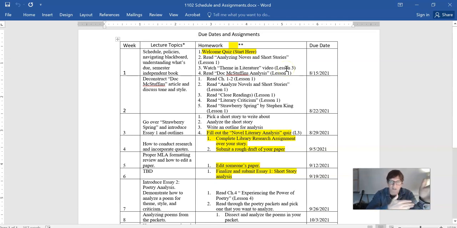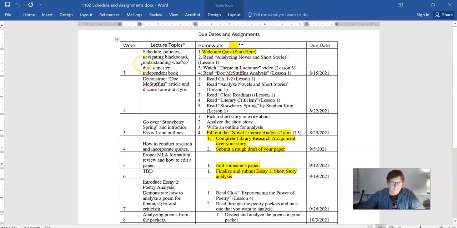If you find on the calendar a different date than what's on this sheet, ignore that calendar. Only pay attention to this sheet. If you find an assignment in the course that I forgot to delete, all right? If that assignment is not on this sheet, then ignore it. Only pay attention to what's on this sheet and do what this sheet says and follow it, okay? This is the sheet. I can't be more specific than that, okay? So this tells us everything.